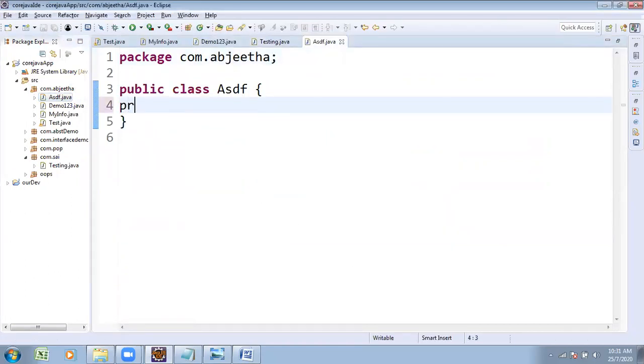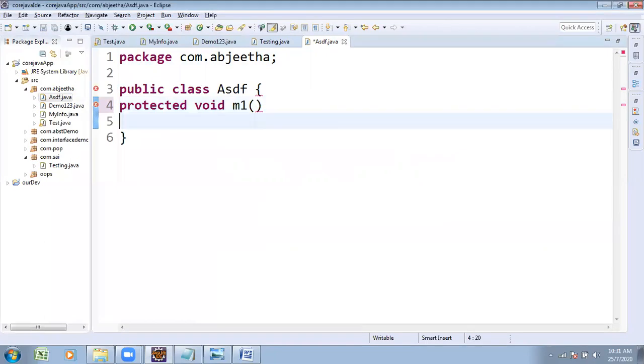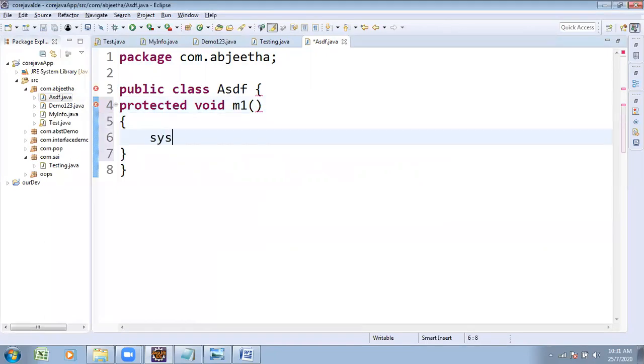I am taking protected, void, some method name, M1, any name you can give. For understandability, System.out.println, protected method.